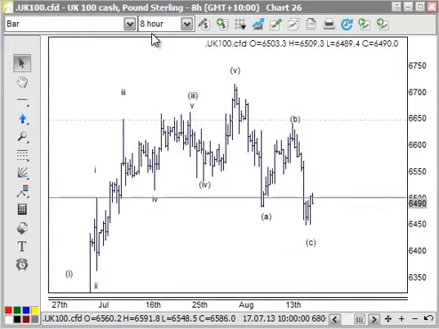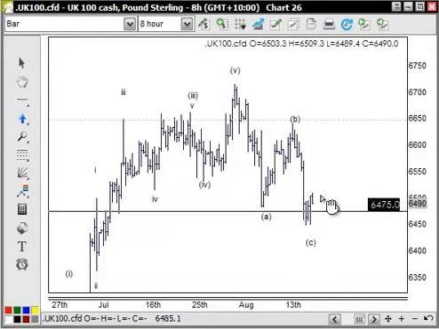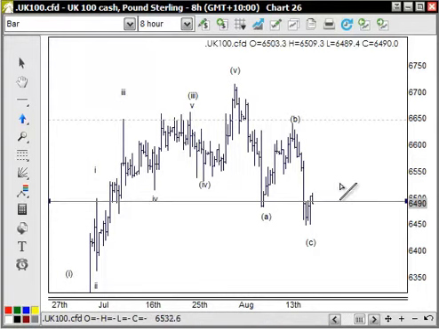On the 8-hour chart here for the FTSE, looking at the A wave, the B wave and the C wave, once again, it's possible that we can have one more low into place through here before we see any sort of retest of this here. But if you're going to go along here, then you'll need